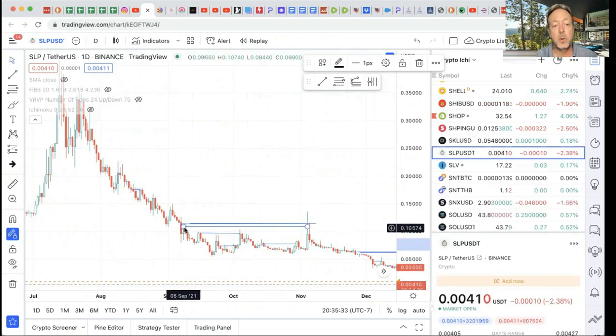But look at here. It broke another base right here, and it came back up over here. It broke this base and came up over here. It broke this base and came up over here. So this whole thing, as it's laying down here, people are selling, right? They're selling because they're getting nervous. They're thinking it's never going to come back up. And if it does come back, like, where's it going to go? But I'm letting you guys know that it's going to come back up roughly to this line.